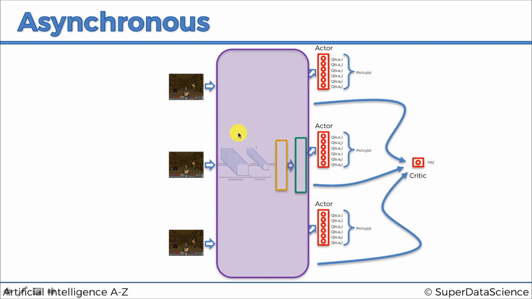There's one network which each of the agents use. So they share, basically what that means is that they share the weights. The weights of the network are shared between the agents, and when they update, they update the whole network, not just their own network. And then they have outputs. They have these actions for each agent, and then they have the critic that is shared, which is going